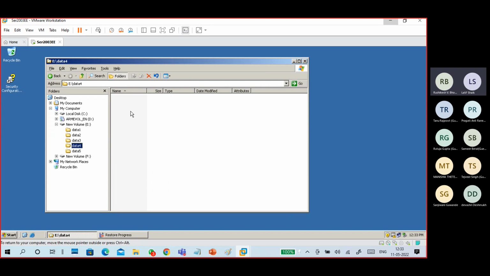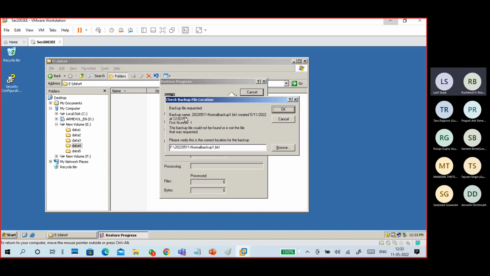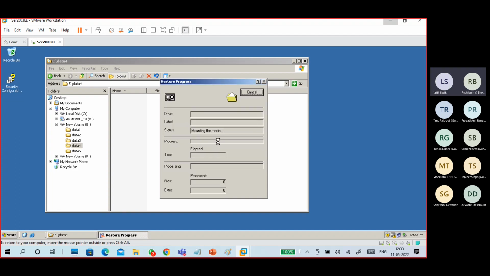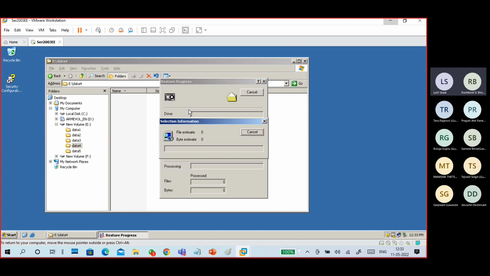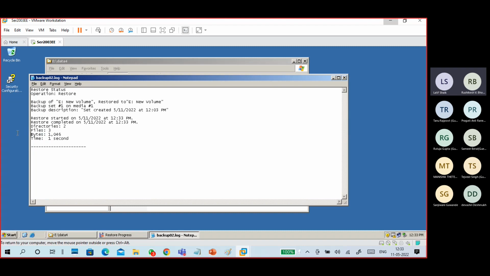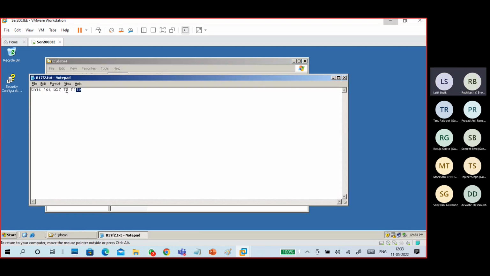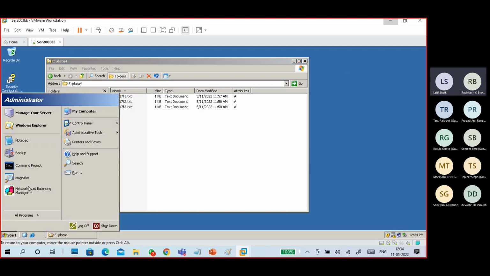Now you see Data 4. Data is deleted. Check the file location. Yes, this is the file. Okay. So it is a symbolic representation of the data. Now it is restored. 3 files are restored. So file 2 is still having old data. The new line is not added here. And the next restoration is